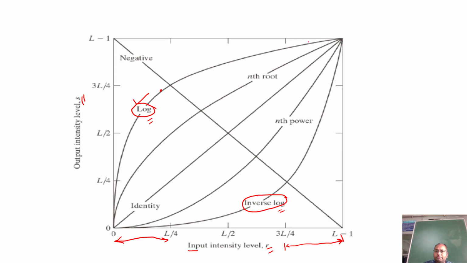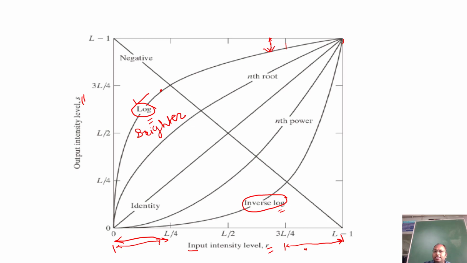So whenever we go for the log transformation, a narrow range of the darker shades of your intensities is mapped to brighter intensities, and the brighter intensities are again mapped to brighter intensities, but with a very narrow range.